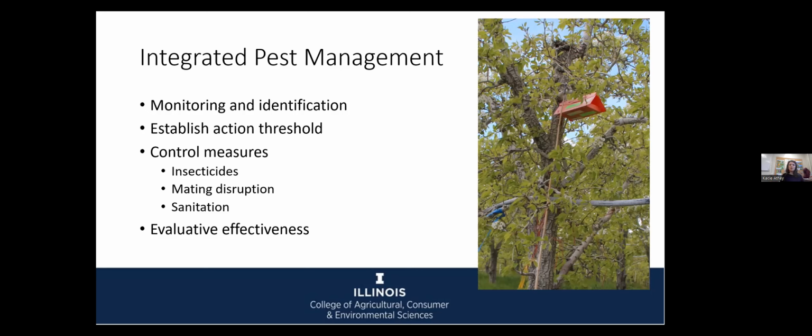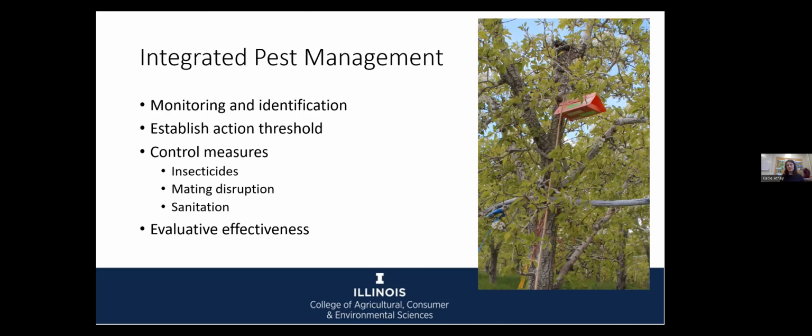And so what I have here on the right is something that once you start apple production, you'll become quite familiar with, called the Delta trap. The Delta trap is the most common, I would say, insect trapping method that we use in orchard systems. It's often very specialized. When you're trapping, you're putting out your traps. Once you catch an insect, of course, you have to identify it. And the nice thing about using Delta traps is we often use lures that bring in basically only one type of insect. So as a grower, you're able to identify your insect problem that way.